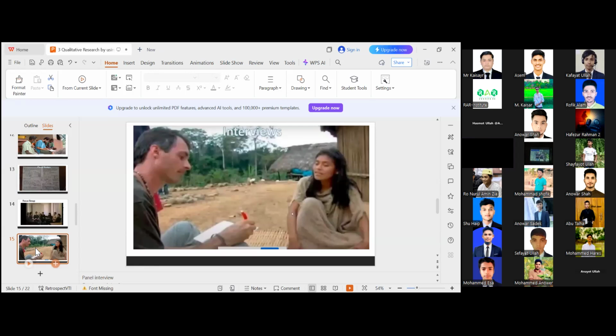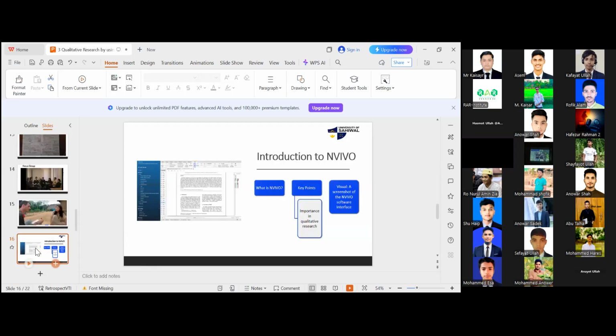He used to code these questions and answers in a field note, and then he moves forward to decoding, which we will do in a practical session in NVivo. So as per the time constraint, we move forward to the